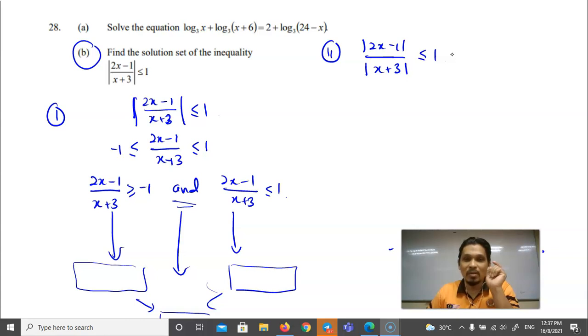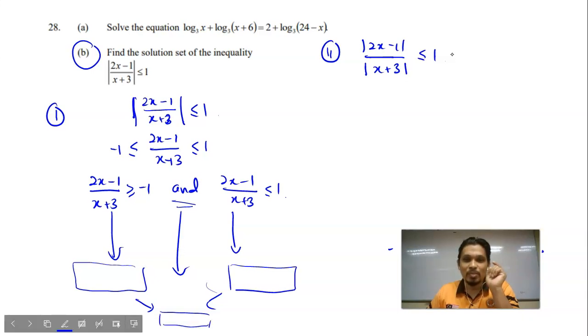Absolute values means that whatever value x takes in this function, and whether the result is positive or negative, it will always be positive. So the absolute value of x plus 3 is always positive, then I may straightly bring this to the other side. Okay, again,